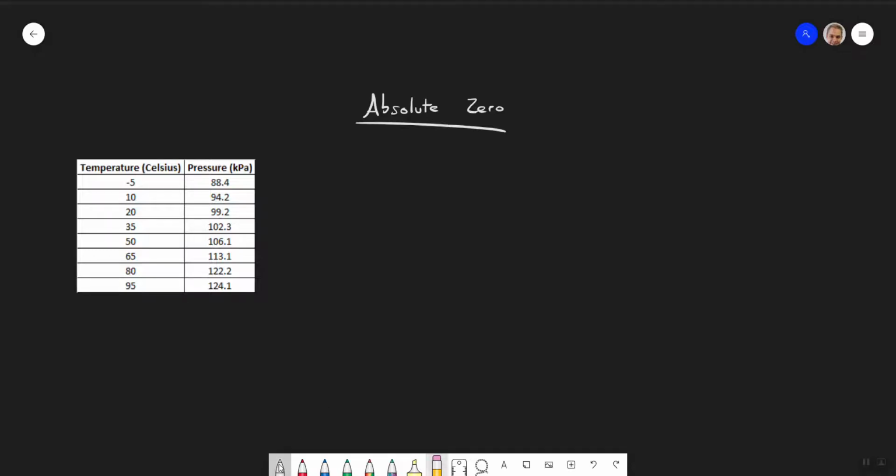So here we go. Here's the data that we got, and you've plotted a graph. And what we find is that, as we should expect, as the temperature increases, so does the pressure. That also increases. And if we think about what's going on inside that little bulb,